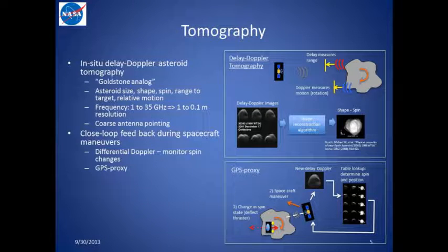Okay, so the next application is tomography, and you can think of this as an in situ Goldstone analog. So asteroid tomography is pretty well understood. The echoes that come back contain range information as well as Doppler in terms of what part of the asteroid is spinning towards you or away. They come back in a series of delayed Doppler images. These go into a shape reconstruction algorithm, and out pop the size, the shape, the spin axis, your range to the target, and the relative motion. So anything you can think to do with that information, you can get it from